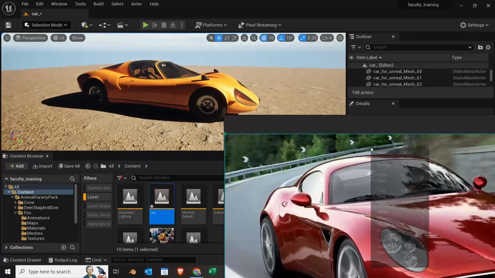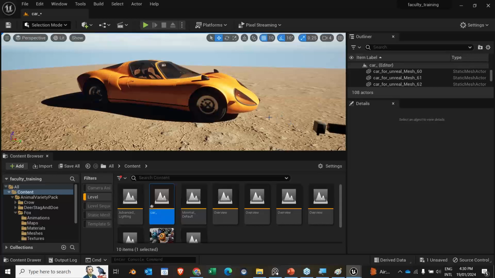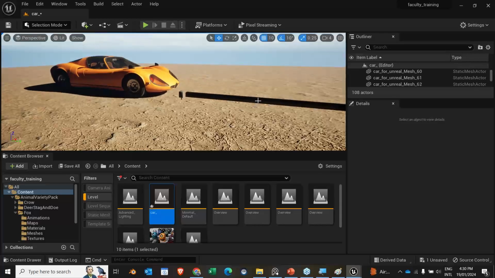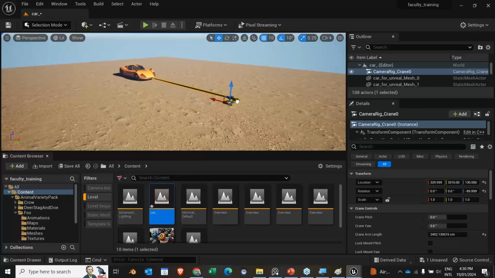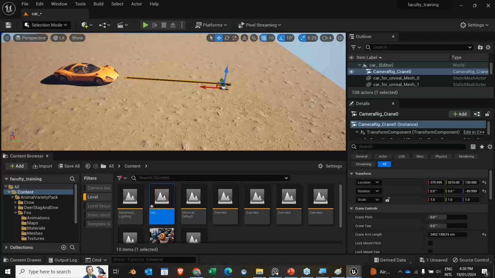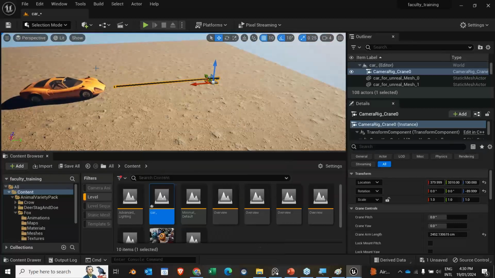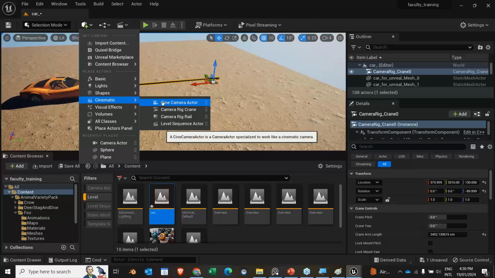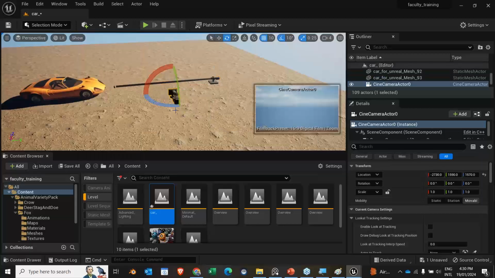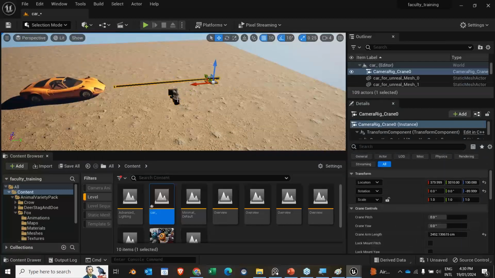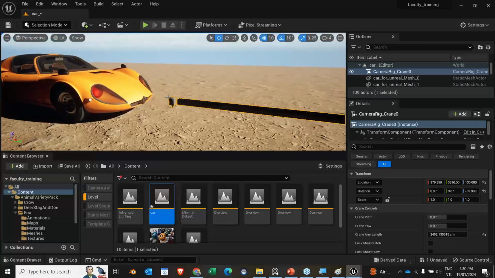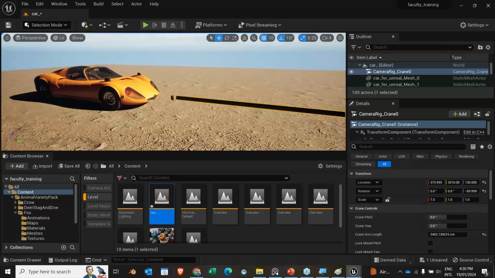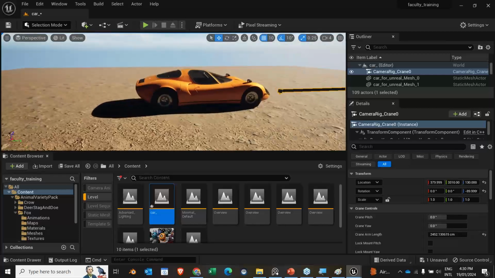Now what I require, I want to attach my camera with this. First, we'll try to pull it and put it between these two objects, right? So now I'll go to my cinematics and create the cine camera actors. Now what I require, my camera should be attached on this particular area where we can create a very nice trail movement,